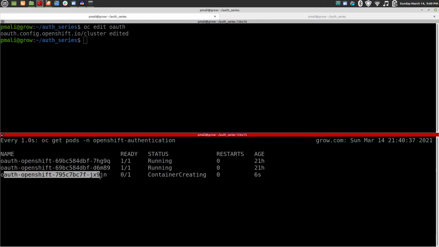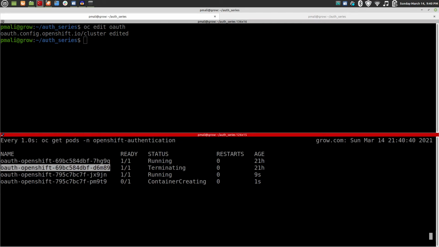The new pods are being created and old pods are terminating. Make sure all the pods are in the running state before trying to log in for any user. So I'm just waiting for all the pods to be in the running state.